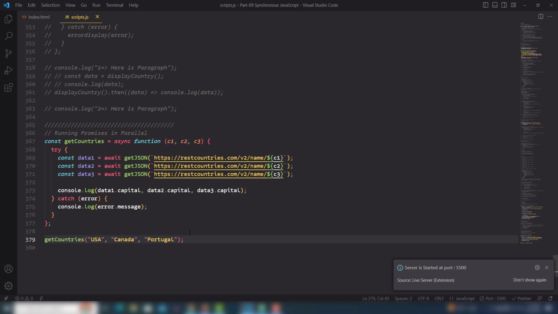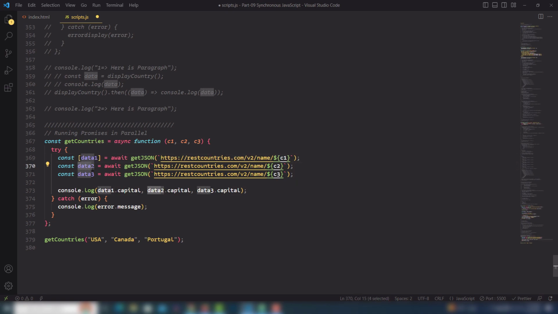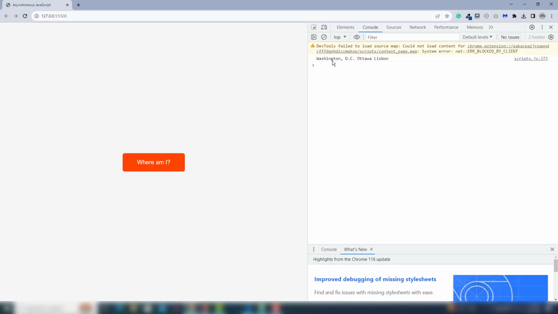In a minute I'm going to check what the problem is right now. Get countries, C1, just a minute, I'm going to check that. Okay, we need to use an array to destructure each of the objects. Alright, so we're going to convert that. So I think it should be displayed. Yeah, it's perfect. Washington DC, Utah, and Lisbon means we are able to see the data appeared inside it,